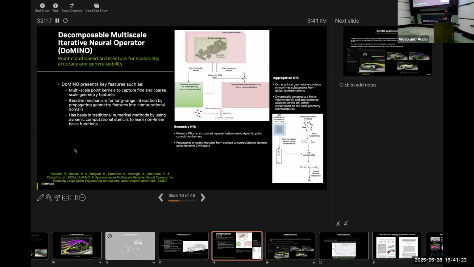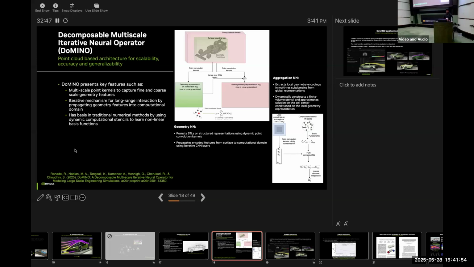Then we use that detail along with the information of the point cloud where you want to infer, to predict the flow field on those specific points. Some of the key features of this model include multi-scale point kernels to capture fine and coarse features, and an iterative mechanism to capture long range interactions.